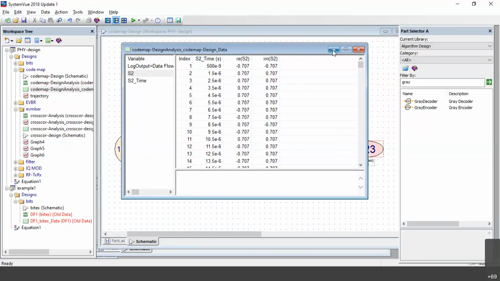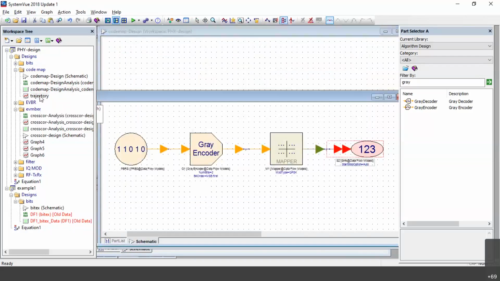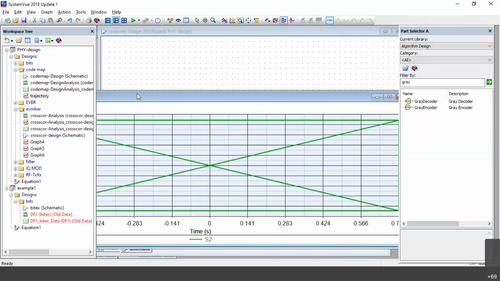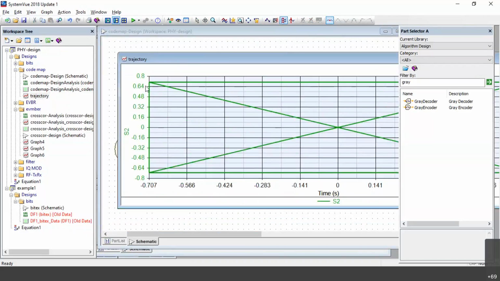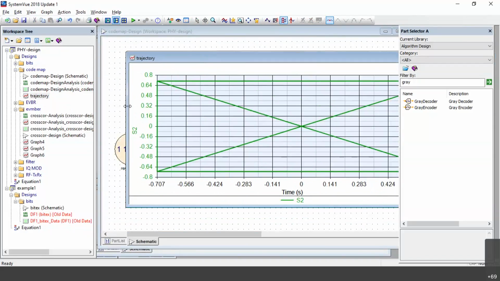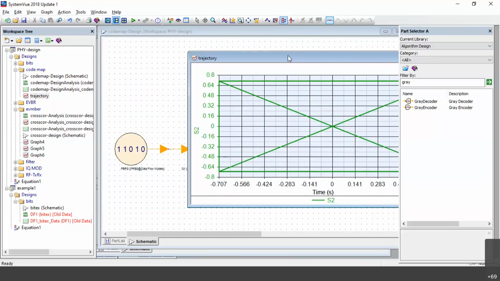Then I'll minimize this and then I can see my, oh yeah, this part I have to show you: how this trajectory has come. I'll show you how exactly. So this figure you should get. To get this figure,